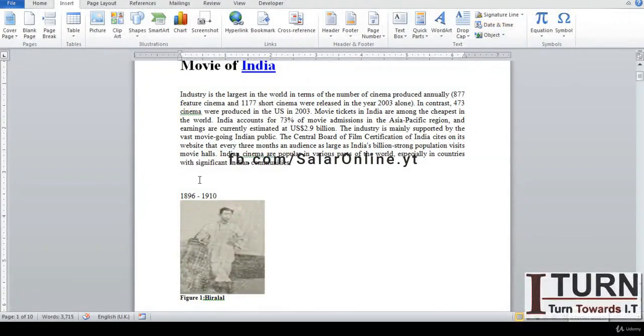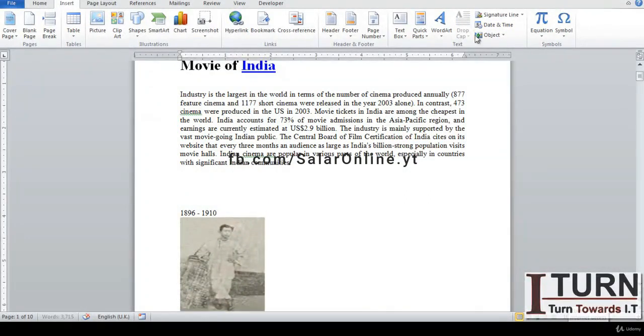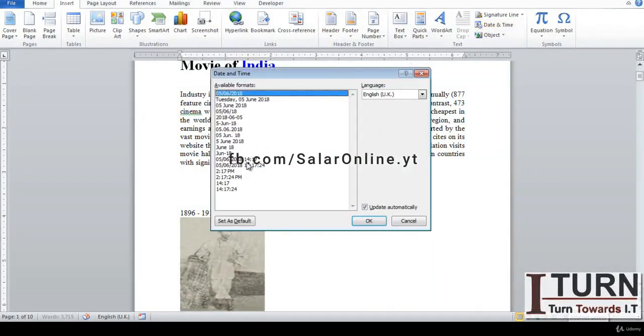Okay. Another important part is the date and time option. If you want to bring the date and time, it's going to pick the date and time from the system itself. Go for date and time. You can select the formats which you want,